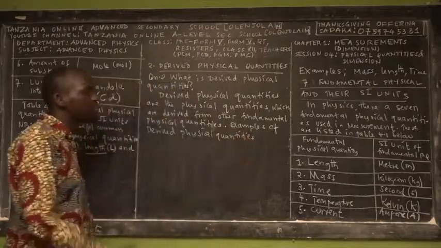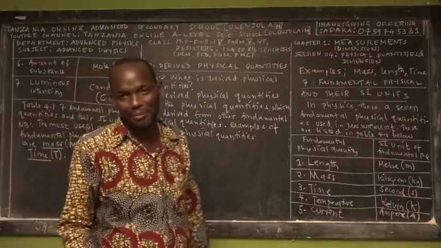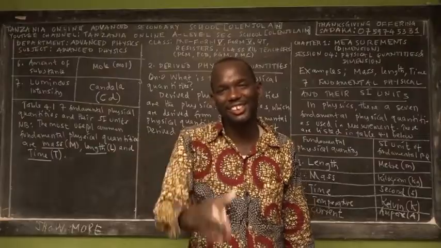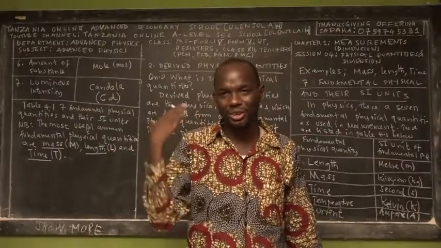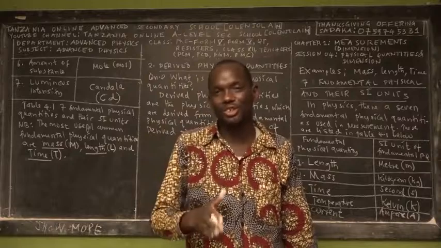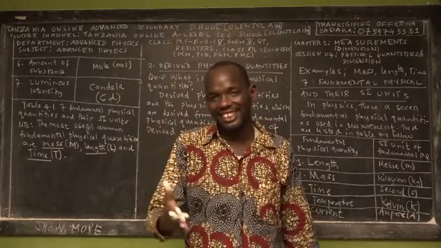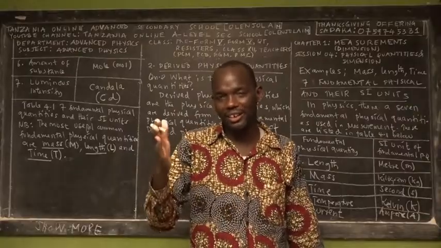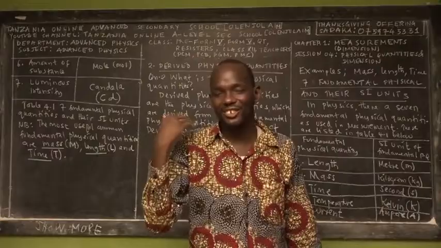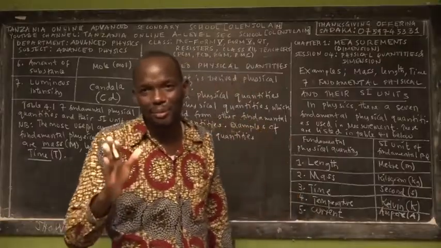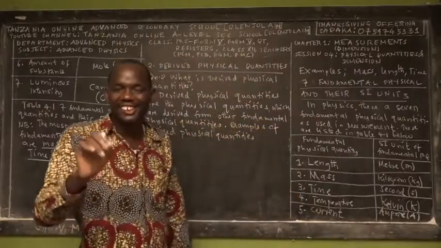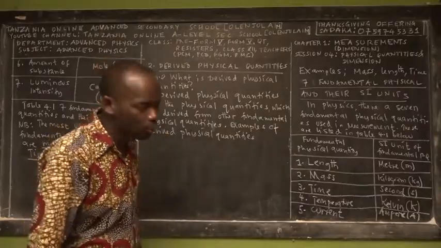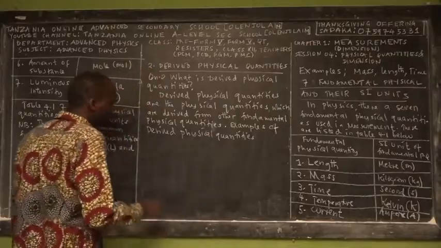Okay, derived physical quantities. You can pause the video and mention at least 10 examples of derived physical quantities. For fundamental physical quantities, I mentioned 7 examples. We taught you these concepts in Form 1, in the topic called measurements, the third topic of the Form 1 physics syllabus. Pause the video, list the 10 examples, then come back to our program and keep enjoying the beauty of physics.